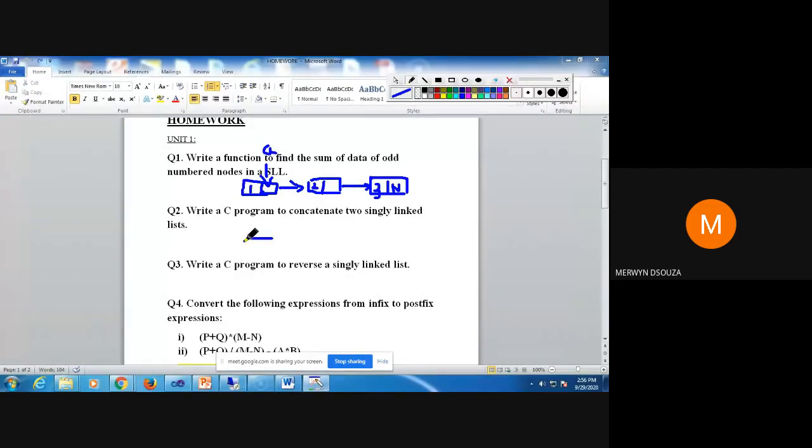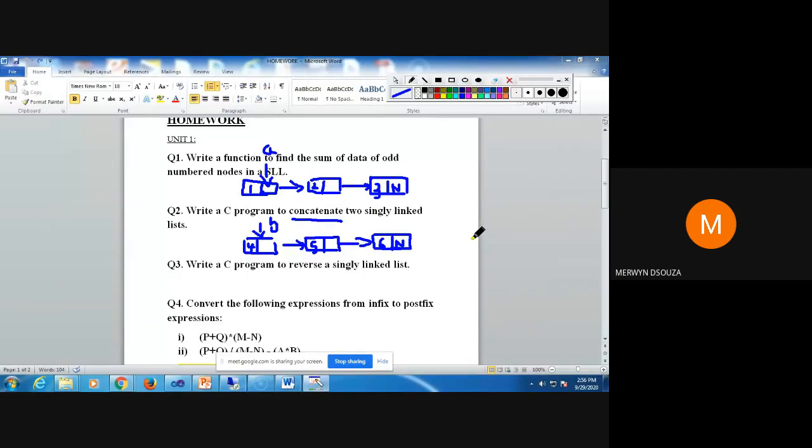You're going to have another singly linked list. Say this second list is pointed to by B. So your question says write a C program to concatenate two singly linked lists.